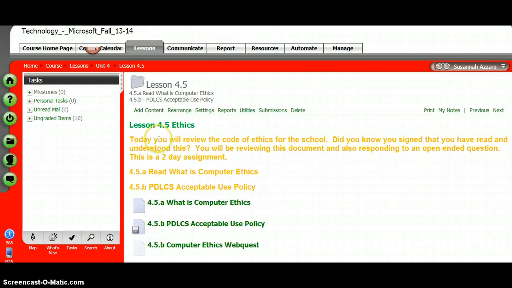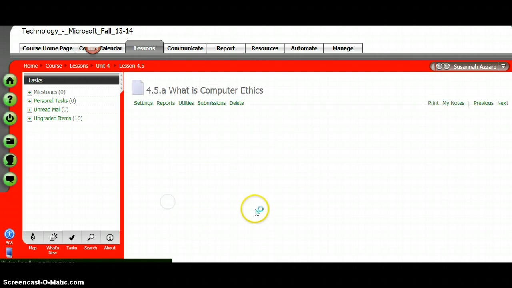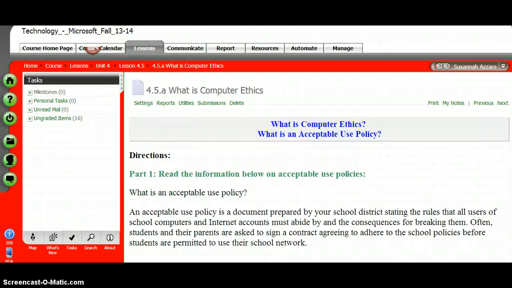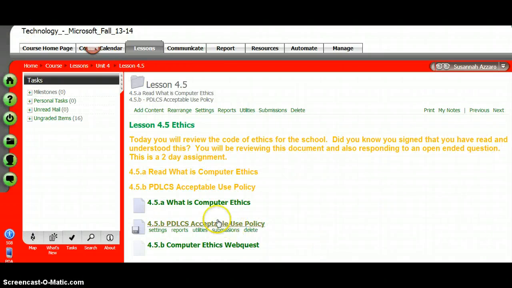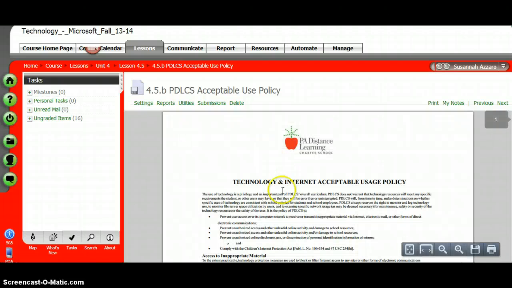This is a mini unit on ethics. So what you're going to do is first learn about what computer ethics is. Your first assignment in 4.5 is to read this little blurb about what computer ethics is. The next thing you're going to do is read through the PDLCS, Pennsylvania Distance